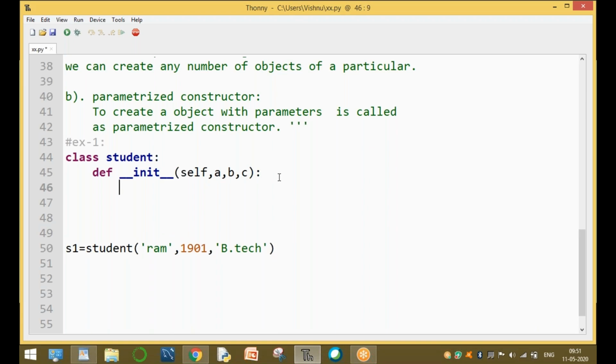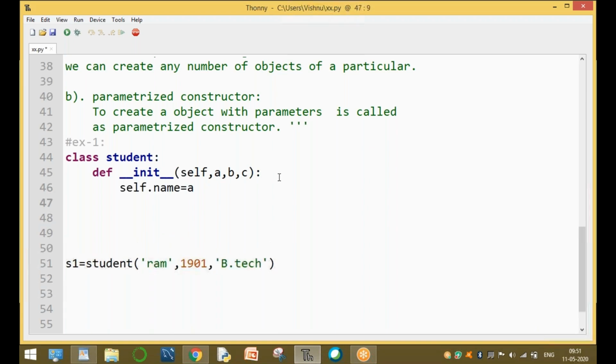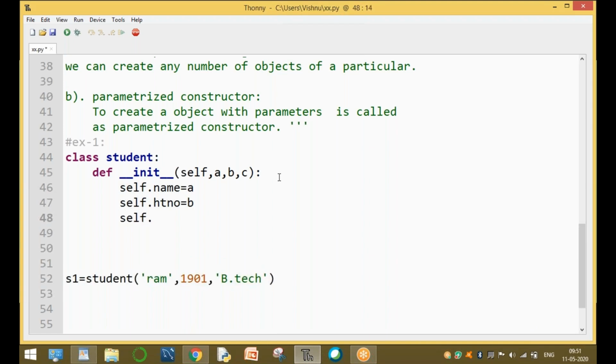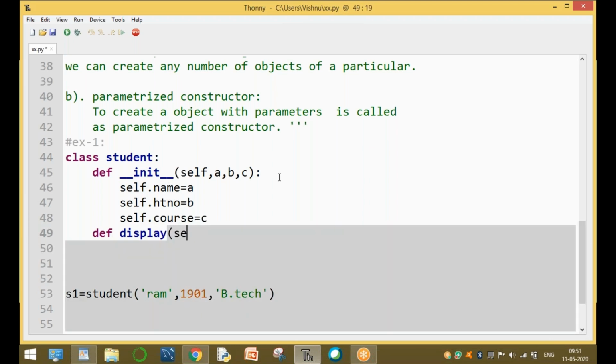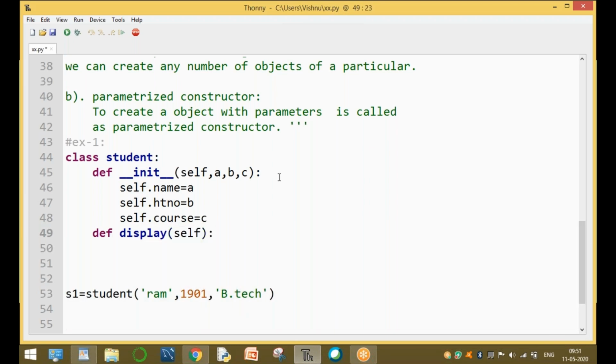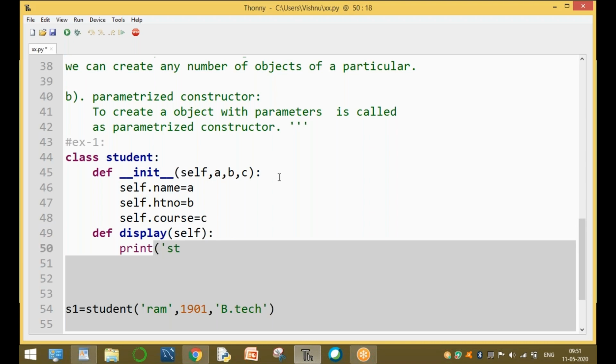Now execute self.name equal to A, self.htno, the student hall ticket number, equal to B, and self.course equal to the C value. And one more def, the display function, which also takes the self parameter. Print the student information.